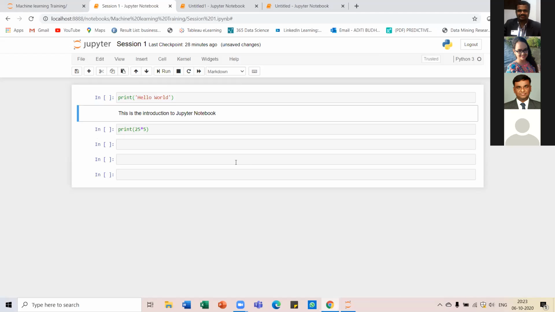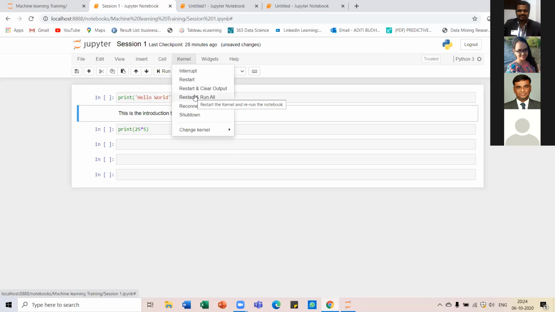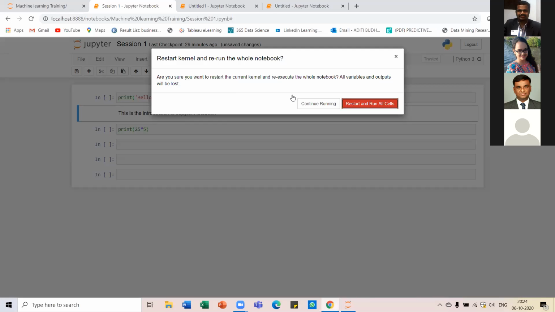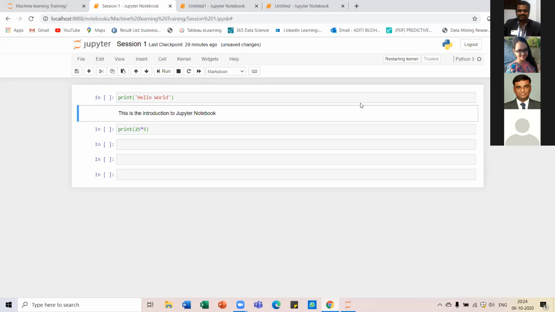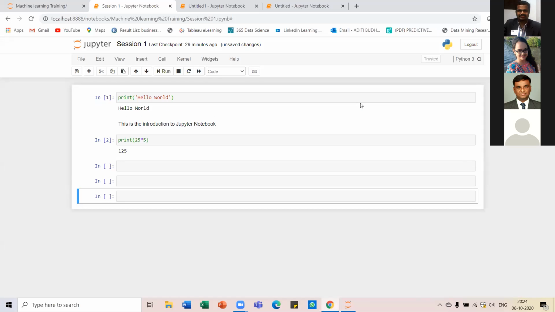Kernel is more like that. It is a computational engine. Whatever you write as a line of code, not the markdown text, whatever is given as IN, will be executed by the kernel, which is in Anaconda. It executes that notebook and gives the complete output. See, Aditi is executing all the cells.